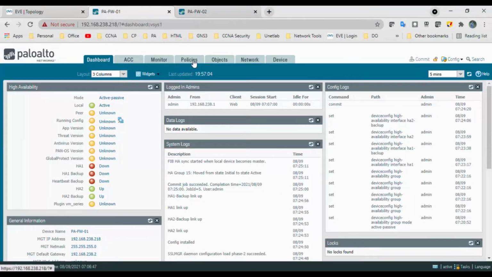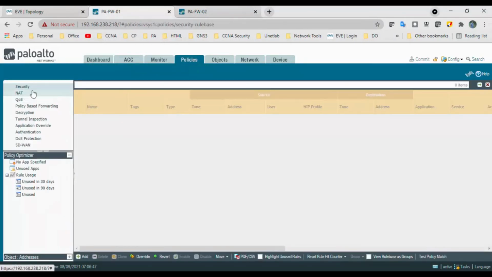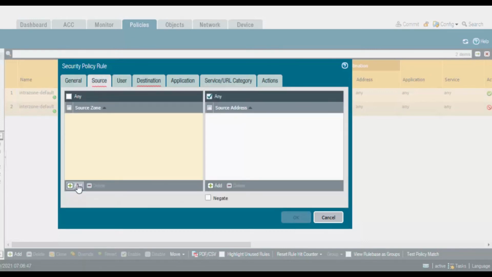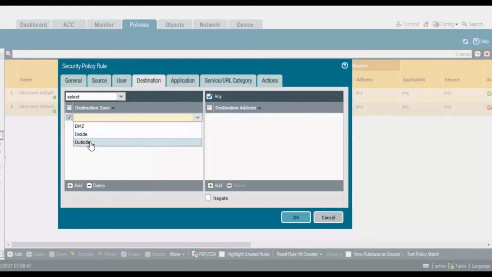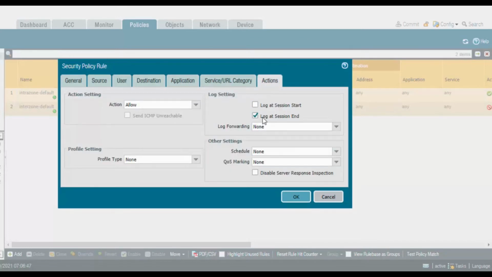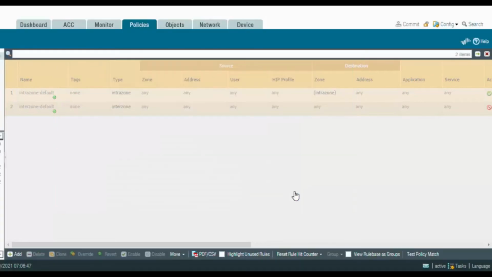Go to the policy and click on rule, security rule, and you can mention inside to outside. Source is my inside, destination is my outside. Any application, any services, action should be allow, log at session start.